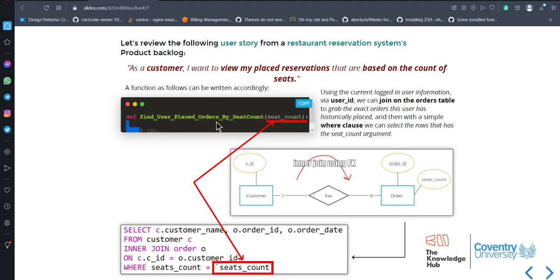So going back to my main question, the function that is going to relate to this user story is called find user place orders. The name of the function. So find user place orders by the seed count, and obviously it takes the seed count as an argument. Right? This is equivalent to what on an HTML page. On an HTML page, you can have a page called view orders history, right? This is the title. And you can have a search query, and this is the search box, right? And you can enter